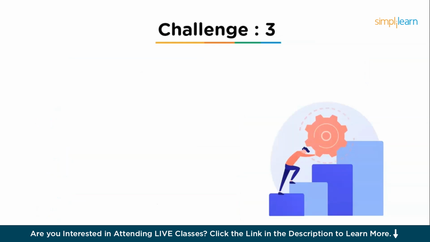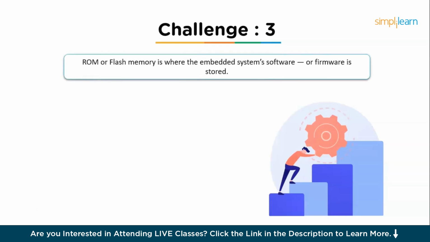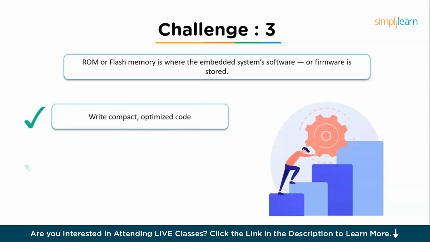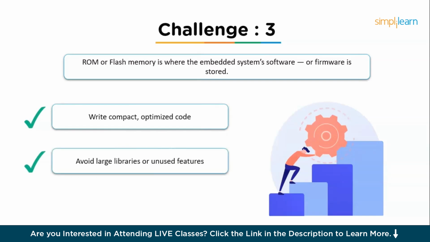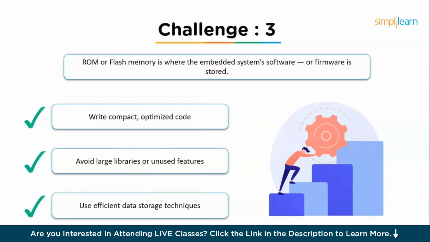Let's now move on to the third challenge: limited ROM or flash storage. Flash memory is where the embedded system software or firmware is stored. The memory is also very limited, sometimes 32 kilobytes or 128 kilobytes. So developers must write compact, optimized code. They should avoid large libraries or unused features, and use efficient data storage techniques. So there's no space for bloated programs or unnecessary functions. Every byte matters. That's why most embedded systems are written in C or assembly, because these languages give developers full control over